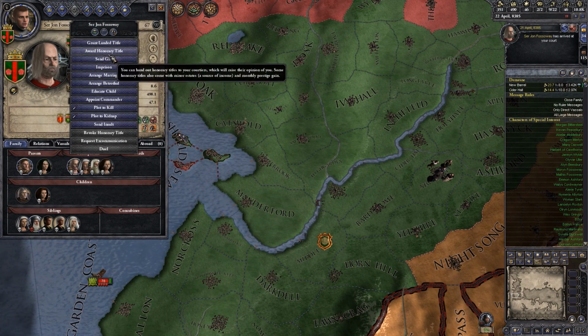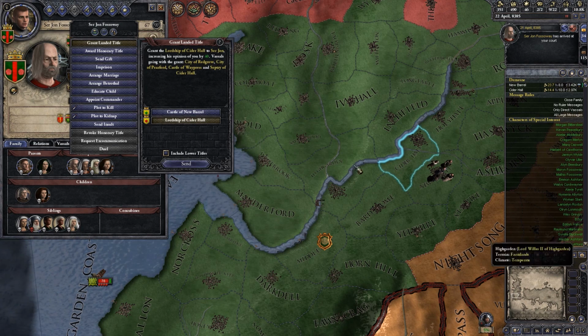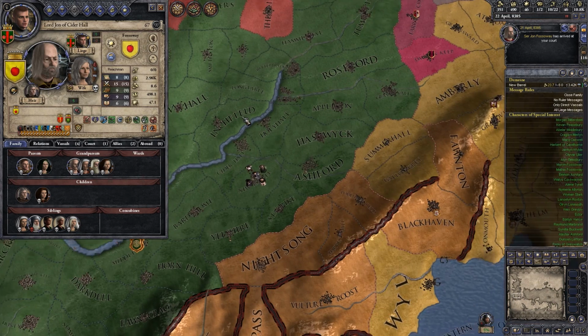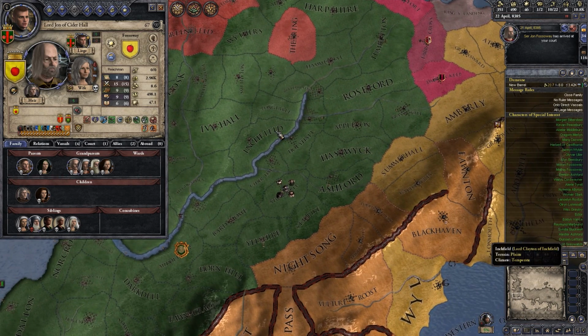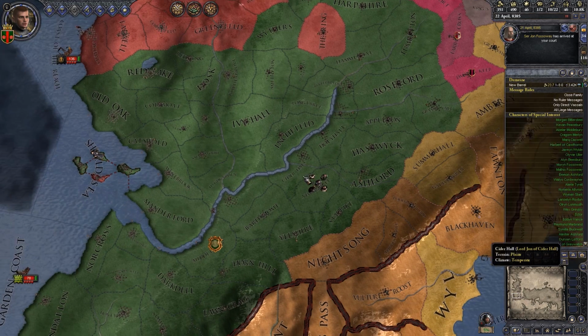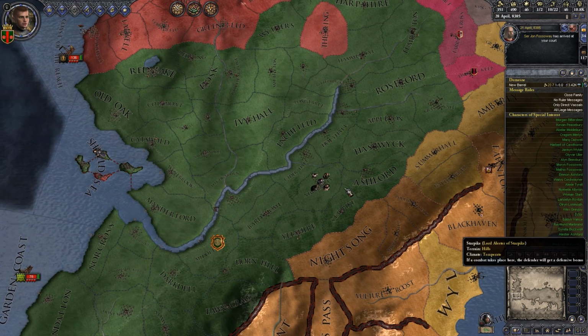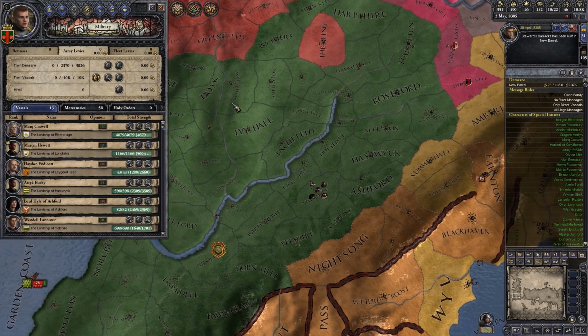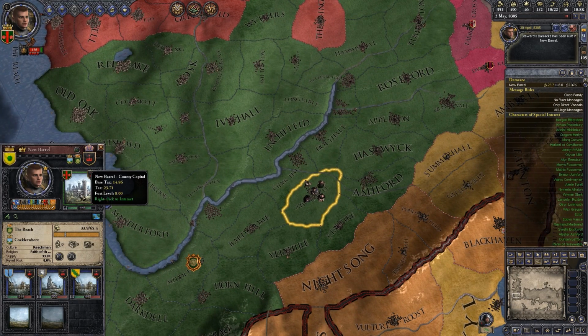I believe that's a good decision. There you go. You shall have Cider Hall, and you shall have all of its lower titles. We have put another Fossoway in charge of Cider Hall. We're mending the schism. Very slowly, but we're mending it. I think that's a good decision. And our barracks just finished, so we have a lot more men. And we're then going to...